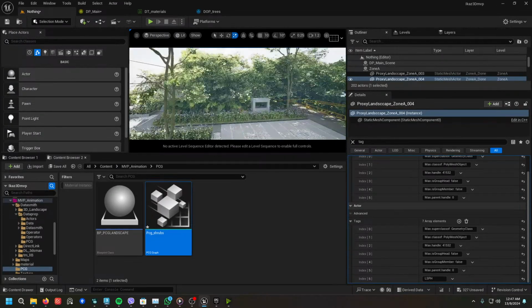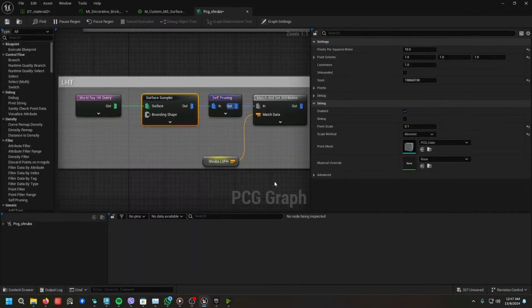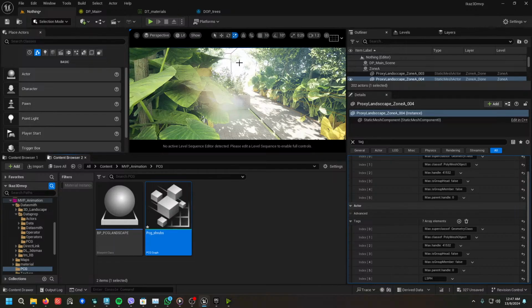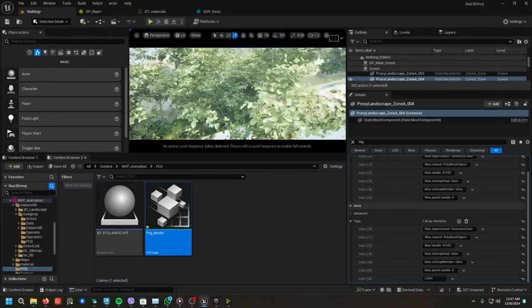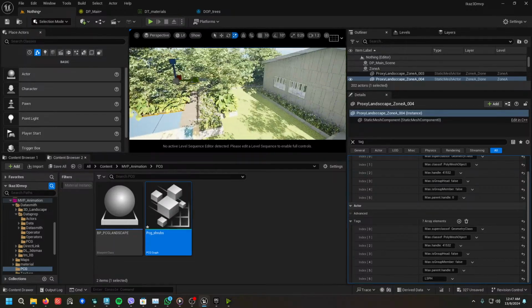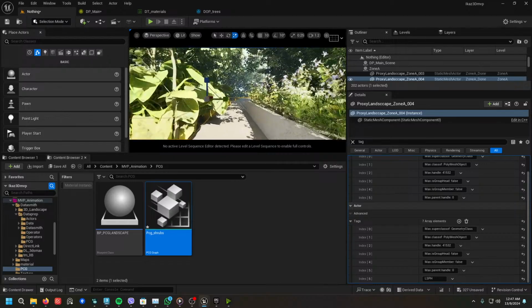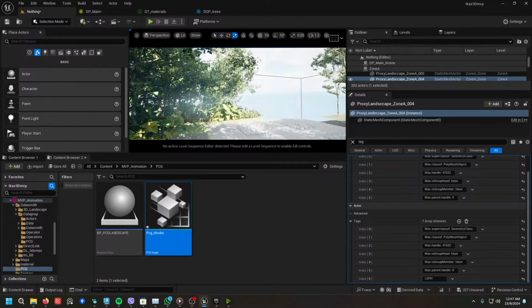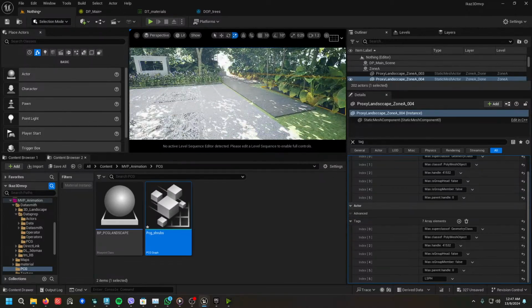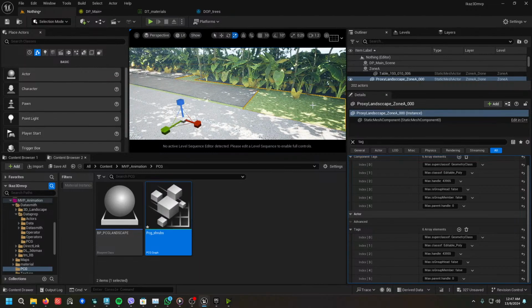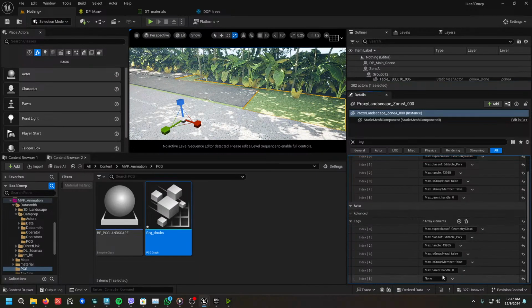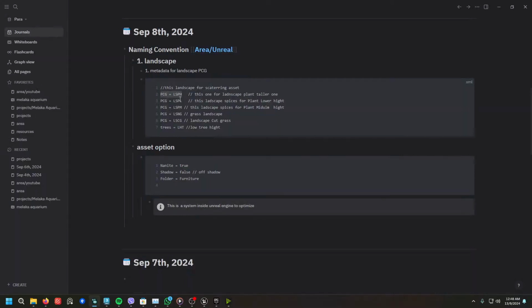Here, guys, a lot of trees, right? So the trees are too much. Maybe we can separate the system outside. Okay, so like you see, we have a lot of trees, a lot of shrubs, in a very short time, guys. So better you do your tag system, and you can use it in any project